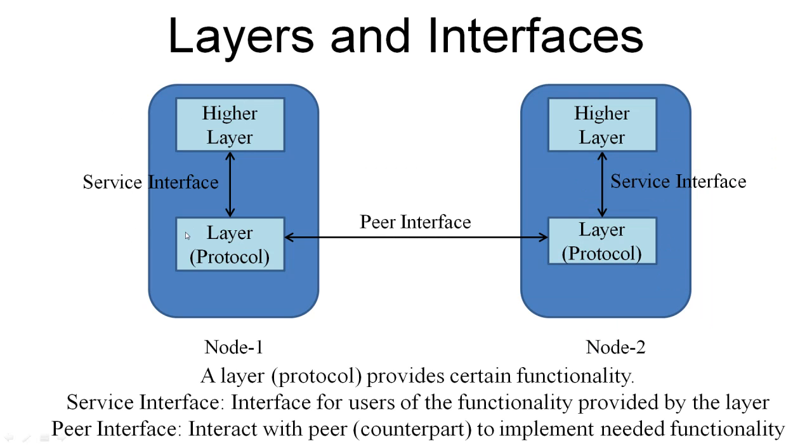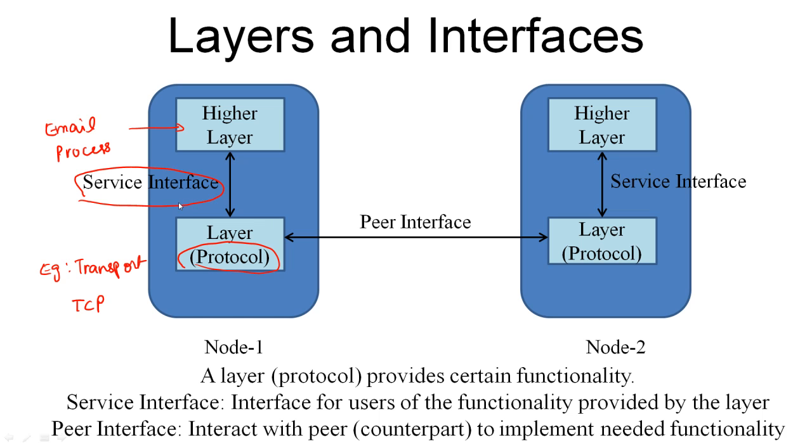A layer, more precisely a protocol that belongs to a given layer, provides certain functionality. For example, we are talking about the transport protocol. TCP is a protocol that provides reliability. Typically, a higher layer protocol, for example, the email process, makes use of the services offered by this protocol to achieve reliability. And the way these two are going to interact with each other is through a service interface that this particular